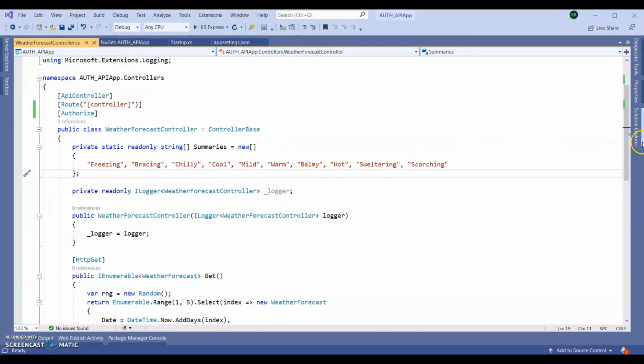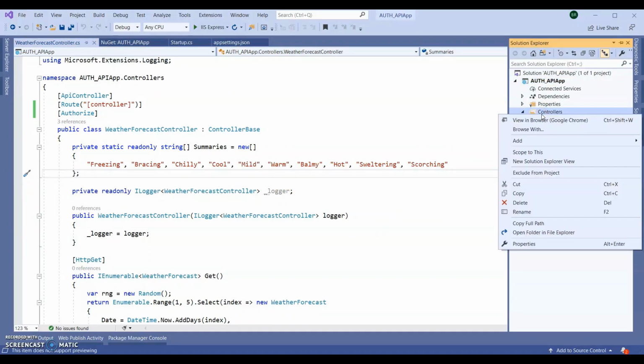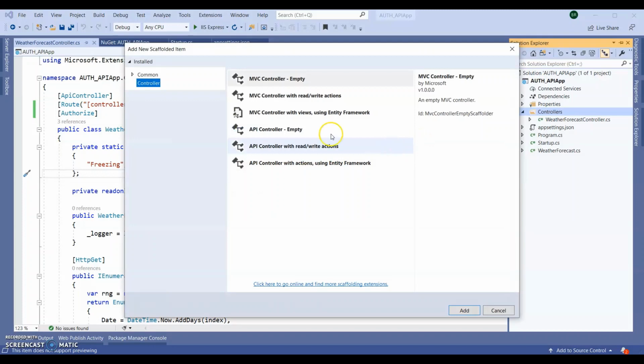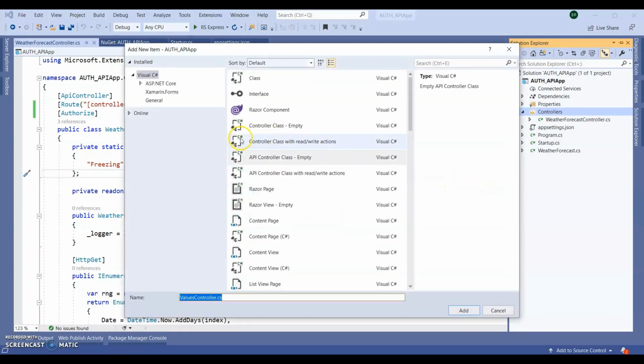Now let's create one more controller which is called the login controller. The first time on login, I can generate one key, and from the next time onward the client application will send that key to my web API. So the web API can authorize that client application or client request.